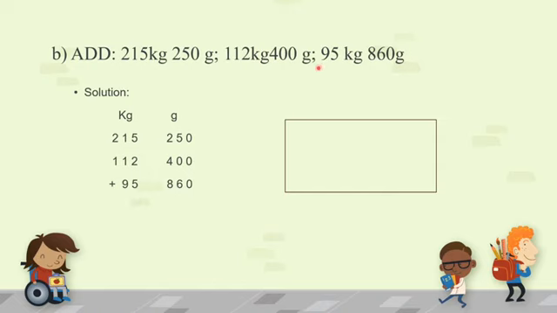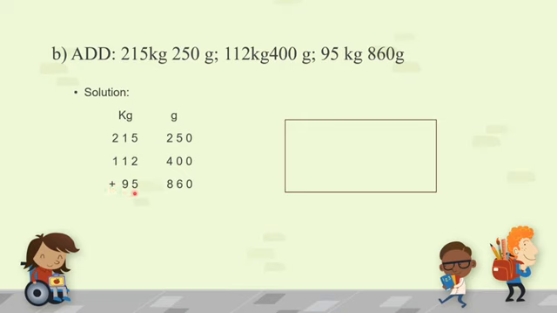Please remember 95 is a double-digit number, so please do not write from the starting over here. You have to keep in mind the place value. So the place value will be from your right side. So write 5 here, then 9,